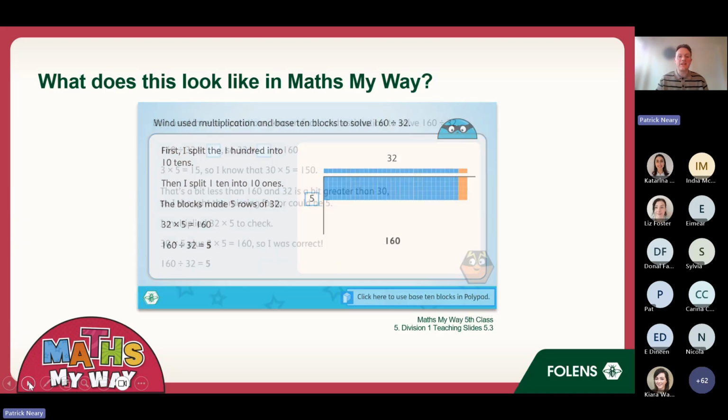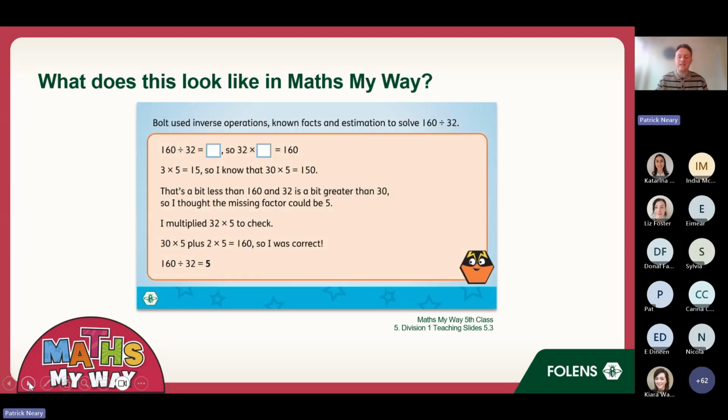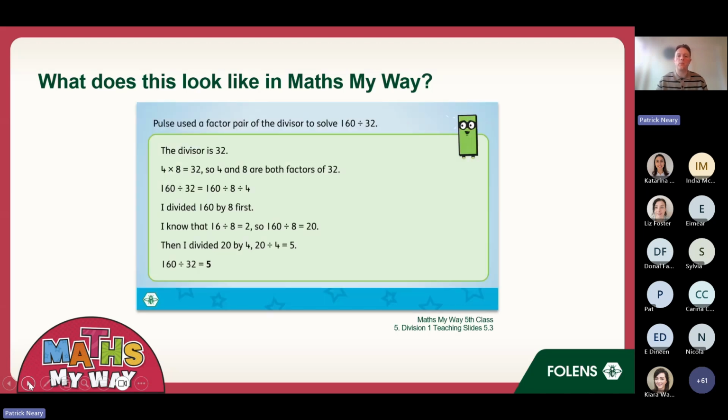Or you might decide that one of these ways that's up on the slides is really useful and you really want to focus on one of these ways. For example, Pulse's way here, where they split 32 up into 8 times 4, and they divide by 8, and then they divide by 4. That might be a way that you really want the class to look at. So you might decide, we'll have our class discussion, then I want to look at Pulse's way because I want to make sure that we focus on that one now, and then we'll move on. So these slides are here to support,